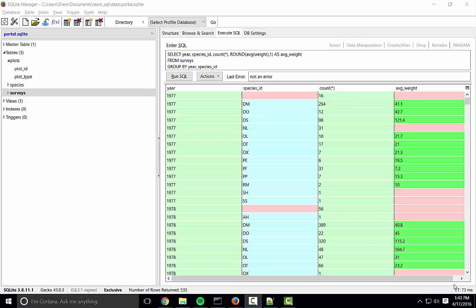So for the third challenge, we need to write a query that returns from the species table the number of genus in each taxa, and only for taxa with more than 10 genus. Okay, so here we go. We've got select